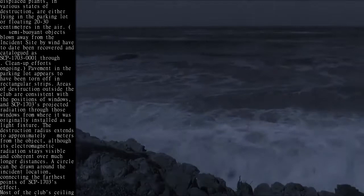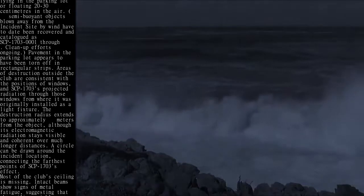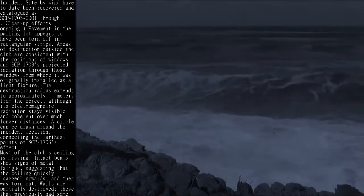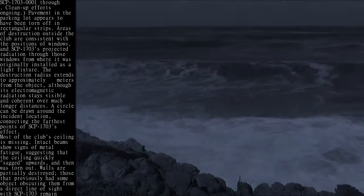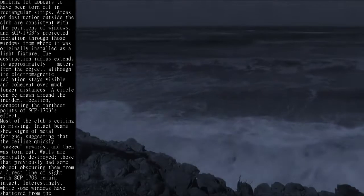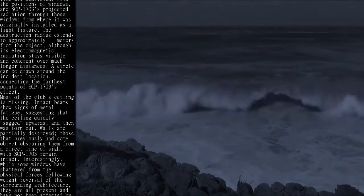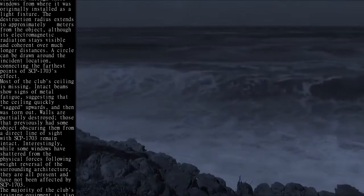Pavement in the parking lot appears to have been torn off in rectangular strips. Areas of destruction outside the club are consistent with the positions of windows, and SCP-1703's projected radiation through those windows from where it was originally installed as a light fixture. The destruction radius extends to approximately meters from the object, although its electromagnetic radiation stays visible and coherent over much longer distances. A circle can be drawn around the incident location,